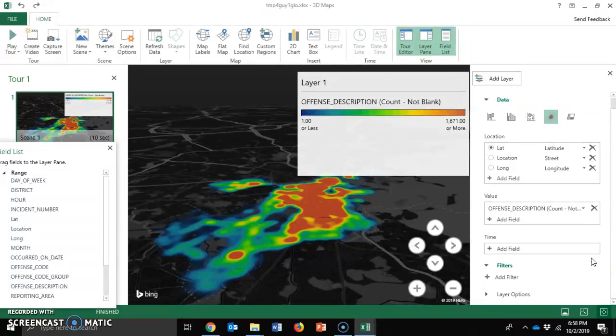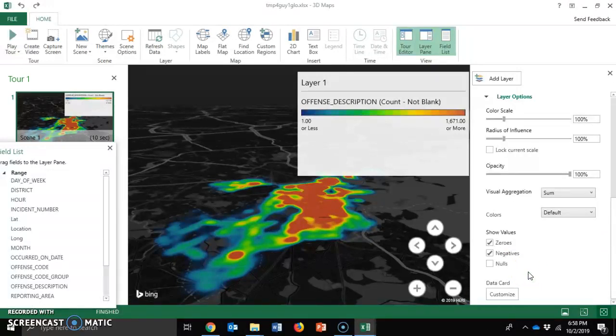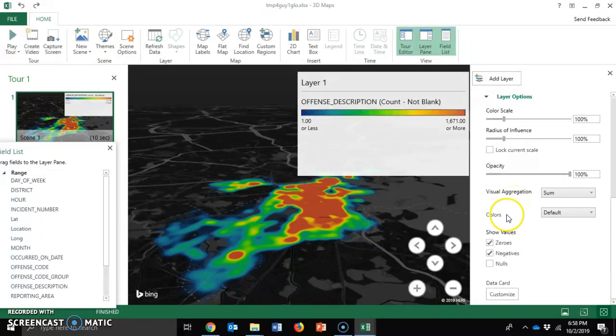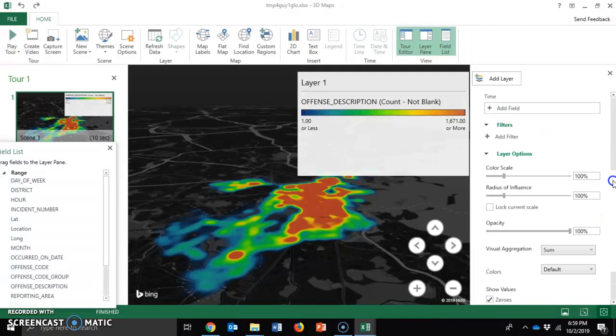and right, so there are other controls here like aggregation. So you're looking at the sum. You can also look at averages, and you can include zeros, negatives. You can change the color to a custom color. And what you want to do, or what I have students do,